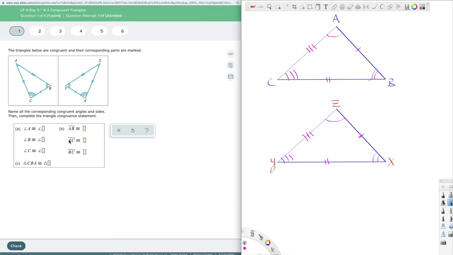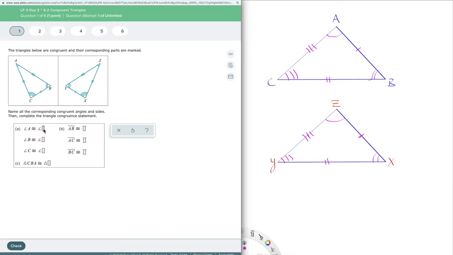We can't just say, oh, A is congruent to Y. Well, no, A is not congruent to Y. A is only congruent to Z in this diagram. So as we go through and do this one, we can look at it. We're just matching up one to one. So A would be congruent to Z, and even though I drew different triangles over here, it looks like the